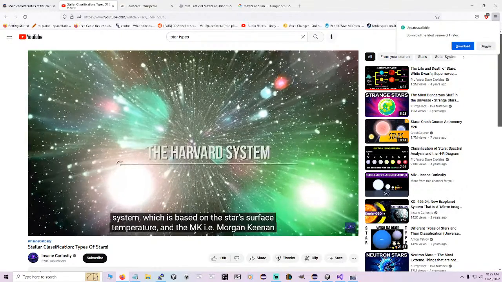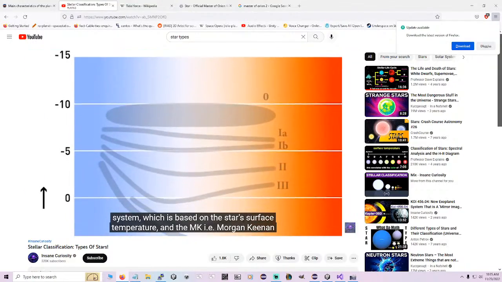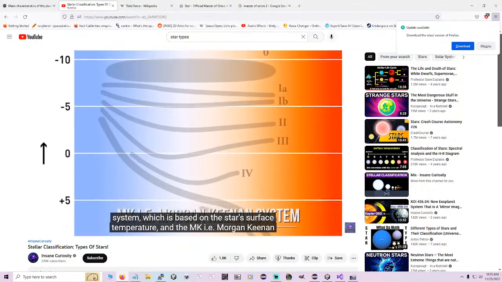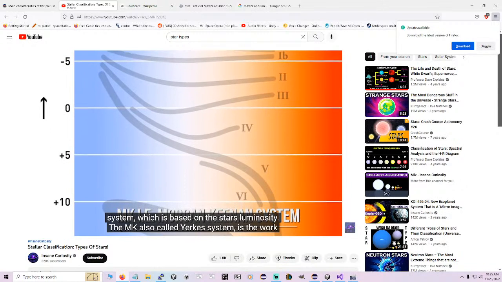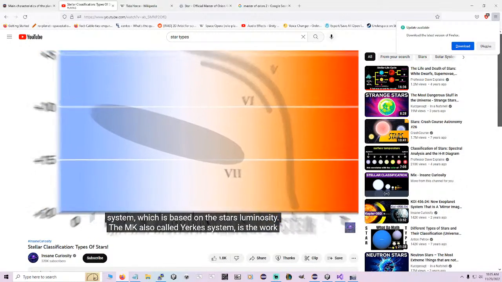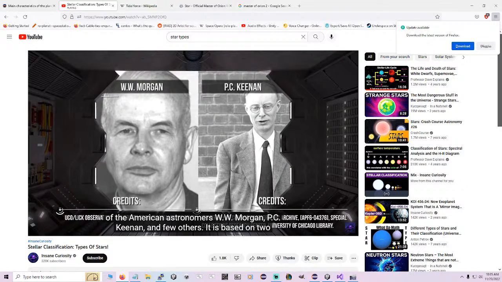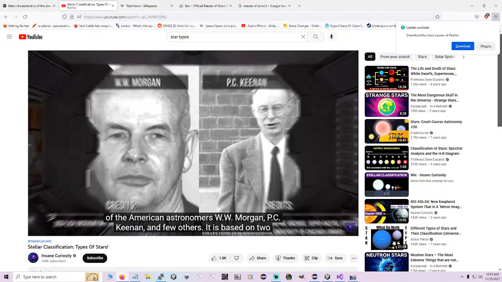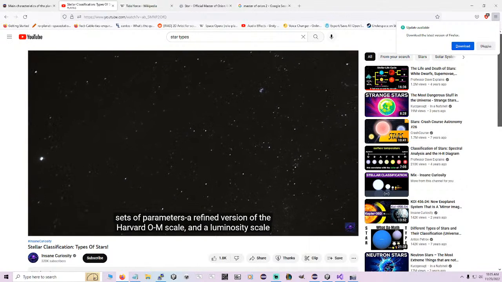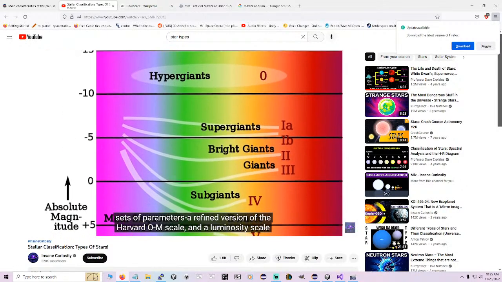The Harvard system, which is based on the star's surface temperature, and the MK, i.e. Morgan-Keenan system, which is based on the star's luminosity. The MK, also called Yerkes system, is the work of the American astronomers W.W. Morgan, P.C. Keenan, and a few others. It is based on 2 sets of parameters: a refined version of the Harvard scale and a luminosity